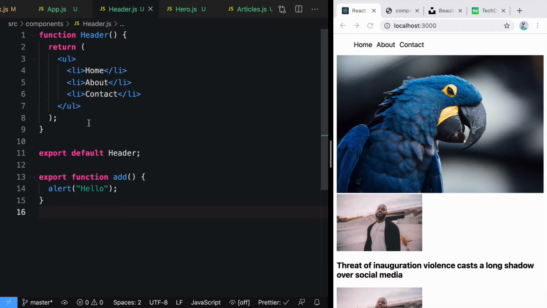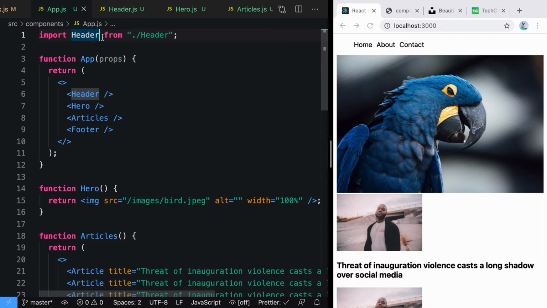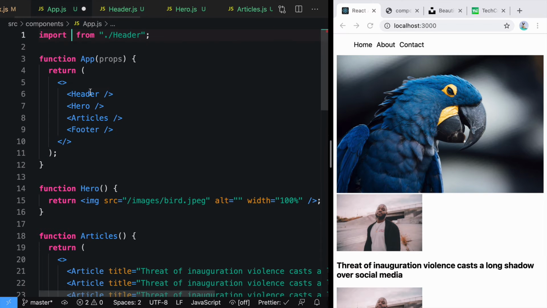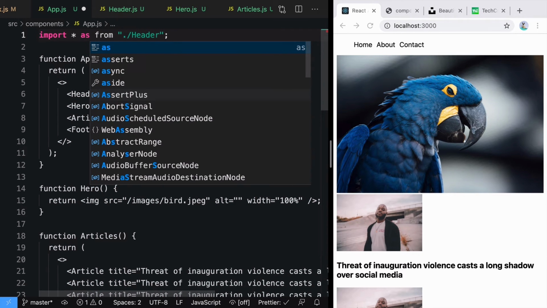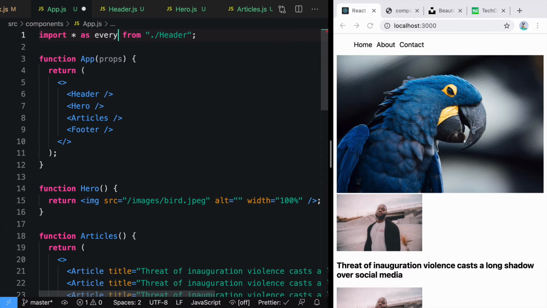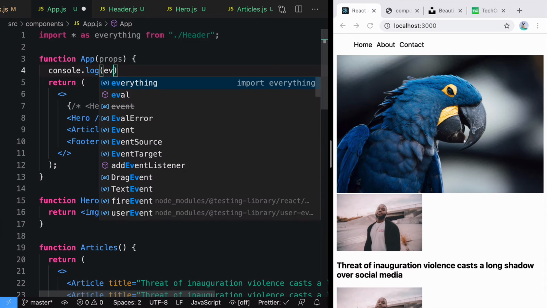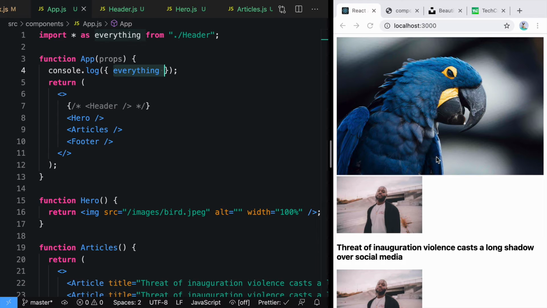And when you're sending this add from here to this, you can get access to it by saying, for example, I want to import everything that there is in this file. So I'll say import star, and you want to rename that, so you'll say star as everything. I'm just naming the variable everything, whatever is coming from this side, just give me access to that. Right now I'll just remove header from here and try to log everything and see what everything is. Console.log everything. So the app is working properly.